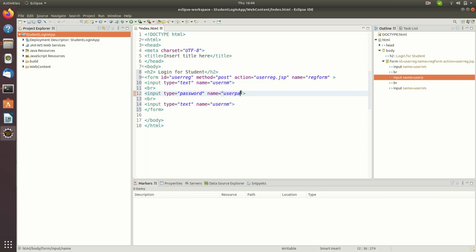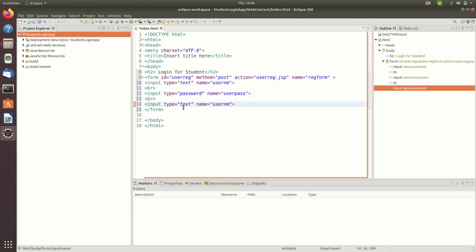And the third important input tag is submit. Okay, so its type is submit. So on submit, it will perform the action and call the user reg JSP page.